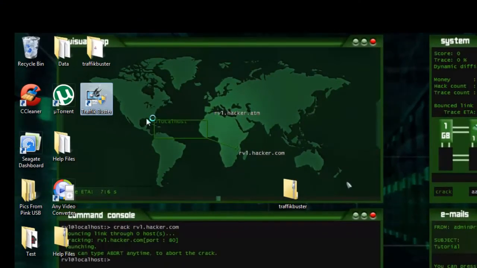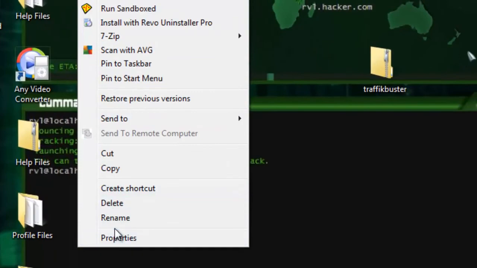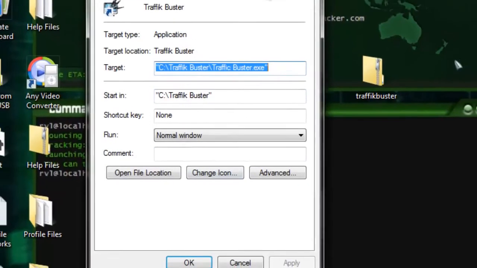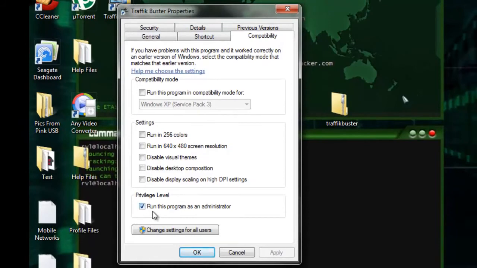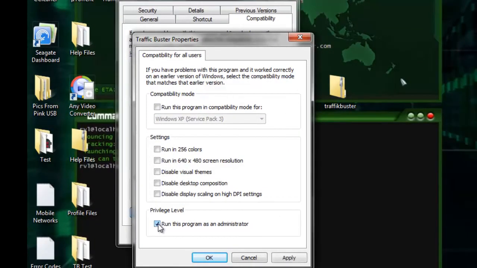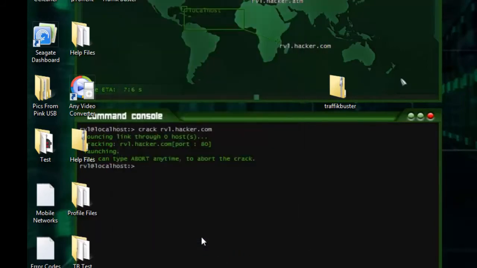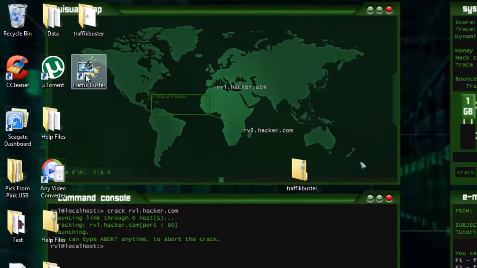The software should be set to run as an administrator. If it's not, let me go back. If it's not, all that you have to do is just right click, hit properties, then you hit compatibility tab, and then put run this program as an administrator, or you can change the settings for all users, that's even better. And then the privilege level, run this program as administrator, hit apply, hit OK, hit OK. You should be good to go. So then you just double click on it. It will ask you for user access control. Just hit yes,